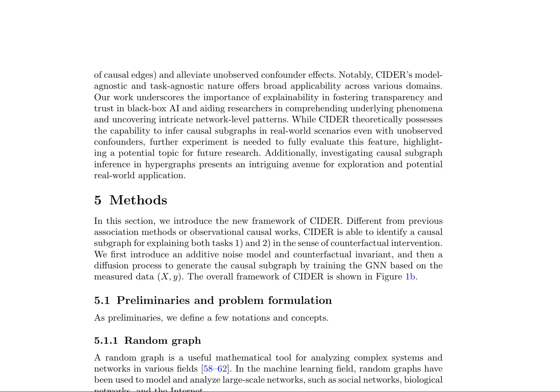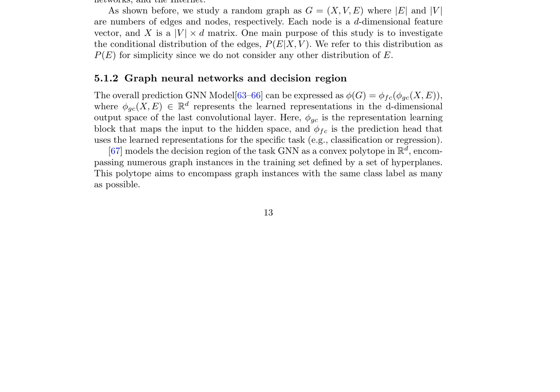The authors formulate the problem by defining key concepts and notations, highlighting the importance of graph neural networks, GNNs, and decision regions in predicting task-specific labels. The overall prediction GNN model is expressed as phi g equals phi fc, phi gc, x, e, where phi gc is the representation learning block and phi fc is the prediction head. The decision region of the task GNN is modeled as a convex polytope in Rho, encompassing graph instances with the same class label. Figure 1b illustrates the overall architecture of CIDER, which provides a detailed representation of the framework's components